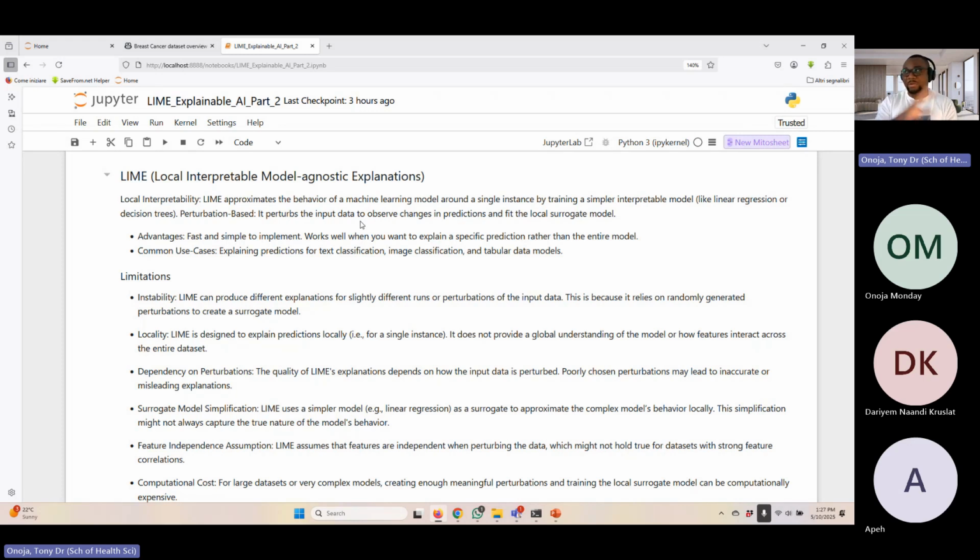play around with it to see whether this really changes the prediction, because the robustness of the input feature matters a lot. There are some features that, if you remove them, the prediction drops terribly. And there are some features that, when you remove them, you still see the prediction does very well. And then there are combinations of some features or inputs that can give you very high accuracy in some cases. So in all this approach, what LIME does is perturb this input to see how it does when it fits in a simpler